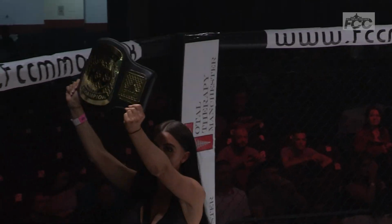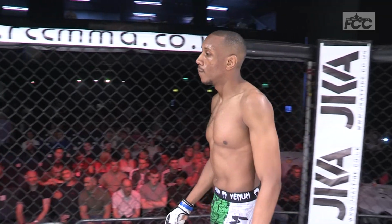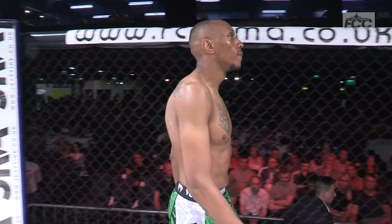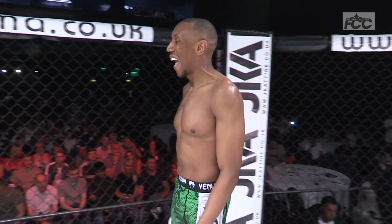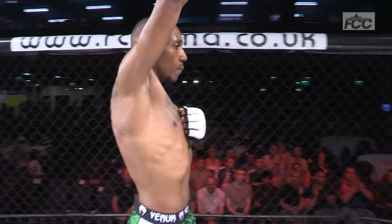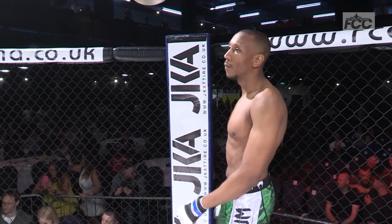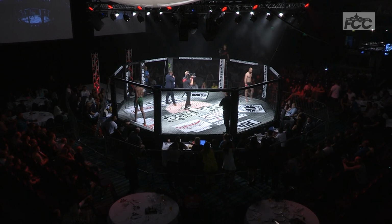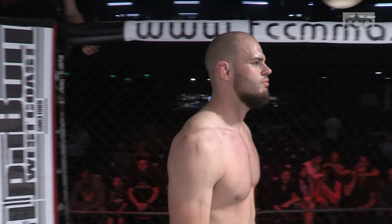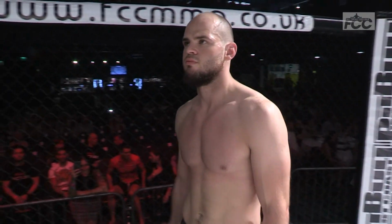Five three-minute rounds for the vacant light welterweight championship. Introducing first, fighting out of the blue corner, he enters the cage with a record of four victories, two defeats, representing All Power MMA. Please welcome Junior... His opponent standing across the cage, fighting out of the red corner. He enters tonight with a record of four victories, three defeats, representing Hammer. Please welcome